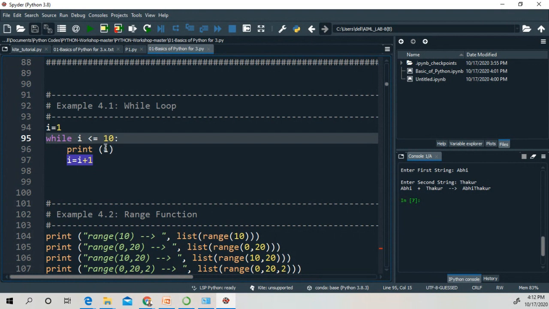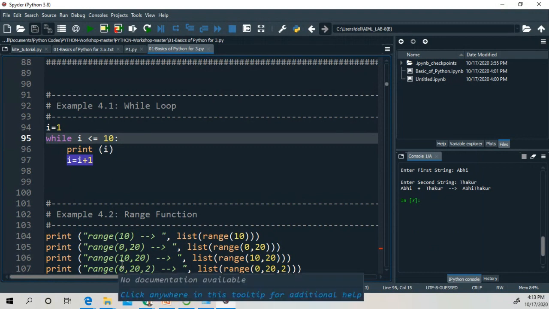Okay, so in this program I am going to take the first value for I is equal to 1. So this while loop will check 1 is less than equal to 10. So is this true or false? 1 is less than equal to 10. It is true. Okay, so if the statement is true, then it will print the value of I. If the statement is false, then it will exit from the loop. Okay, as you can see, the statement is true. That's why it is going to print.